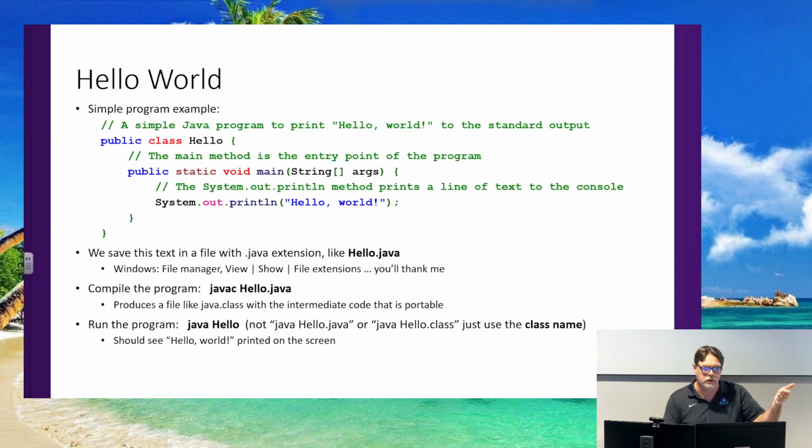And my brain does not associate the little tiny 16 by 16 pixel icon that they put next to the file as to what type of file that is. Sorry, I've long ago stopped trying to memorize icons to file types because they change all the time. So go into your settings in File Manager and change the settings so that you view file extensions all the time, and it'll help a lot.